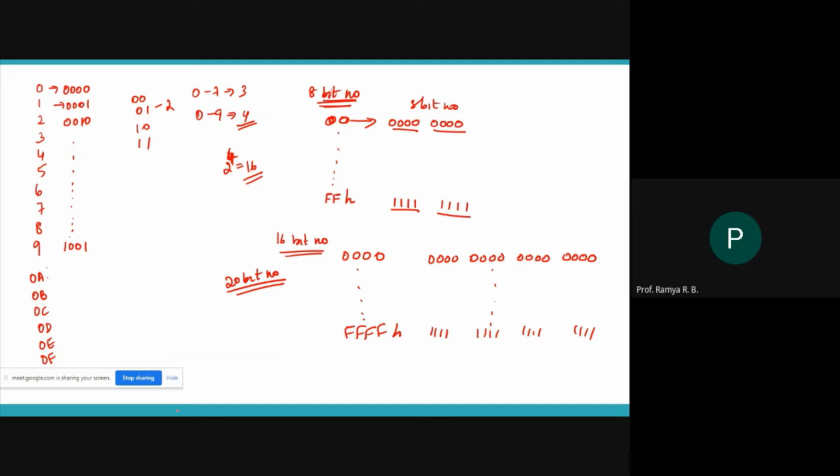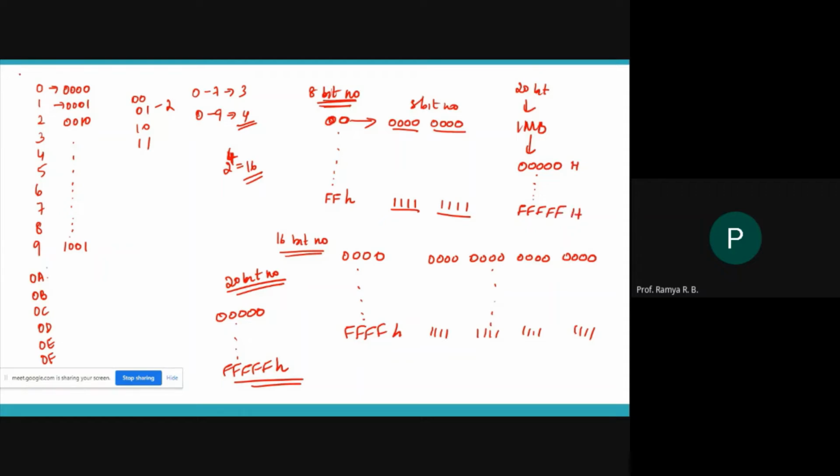The range will go from 5 times 0 to 5 times F. So that is why I said if the 8086 has 20-bit address lines, it can access 1 megabyte of memory and its address will range from 00000H to